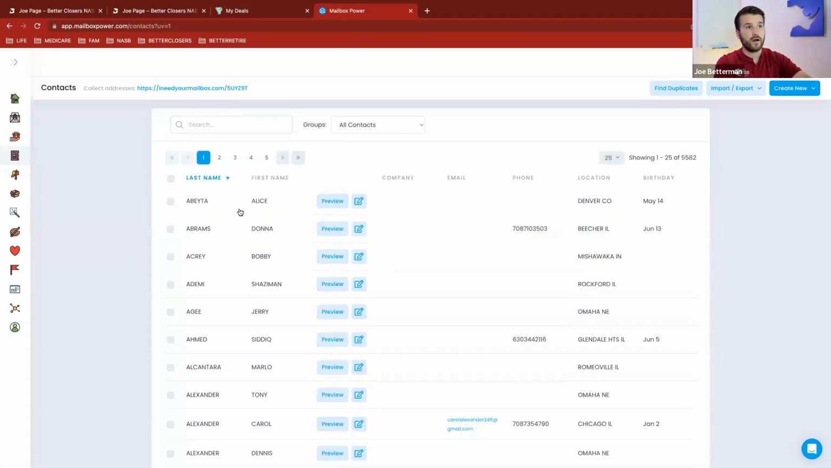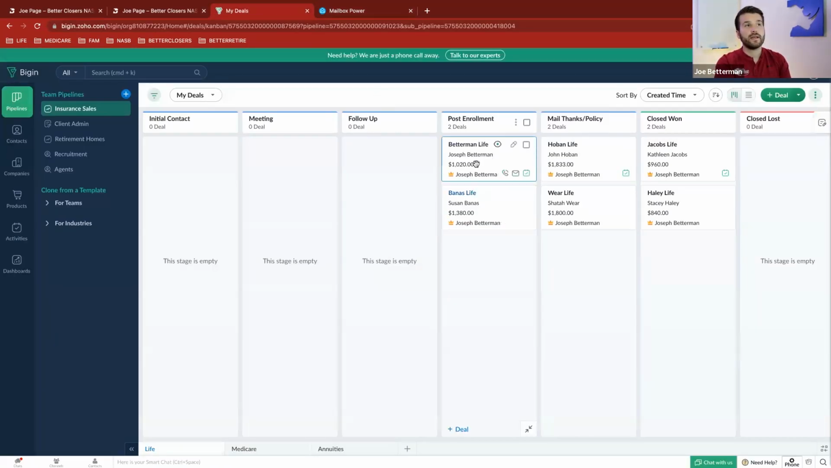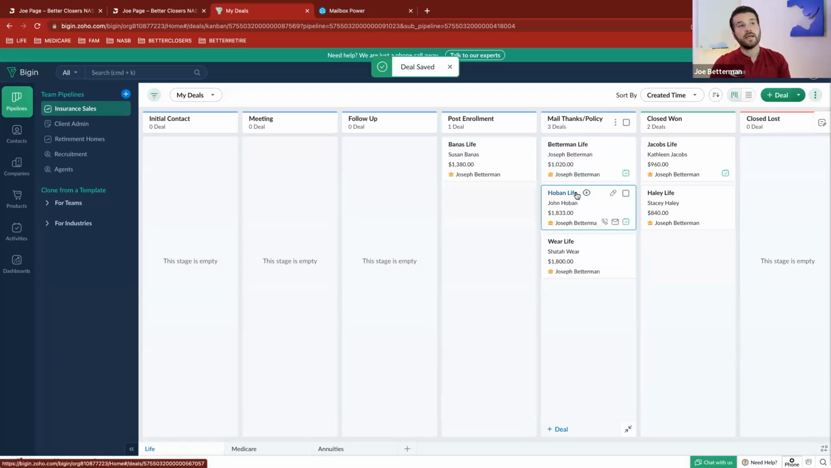So here's all of our different clientele, and I'll search Betterman, right? When I search Betterman, no records are found because this client, Joe Betterman, has not been added to our mailing list yet. But when I come in here and drag him over to the mail thanks policy, now in this category, they are getting their thank you card mailed to them. And I still need to make sure that they received their policy, whether it was mailed to my house and I need to make sure that they get it,